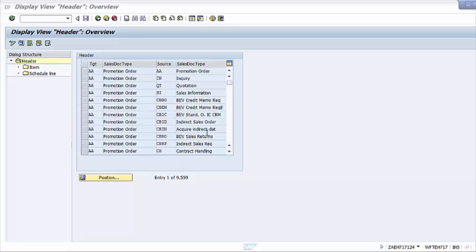To create your own copy control settings, you can press the Change button